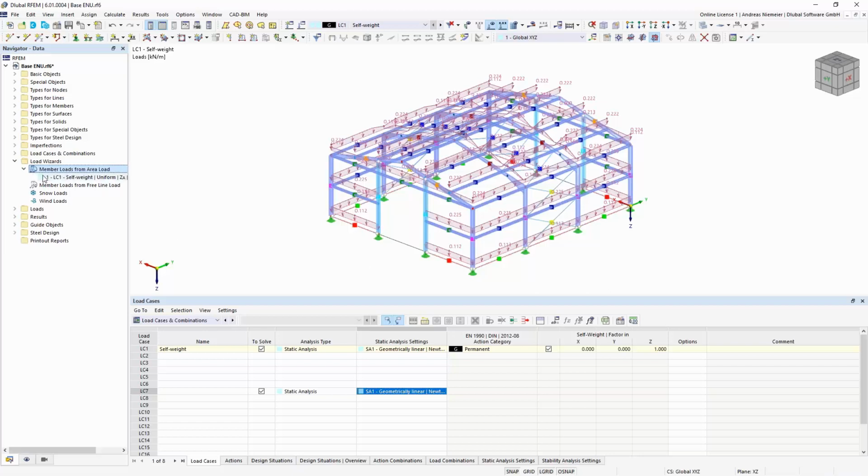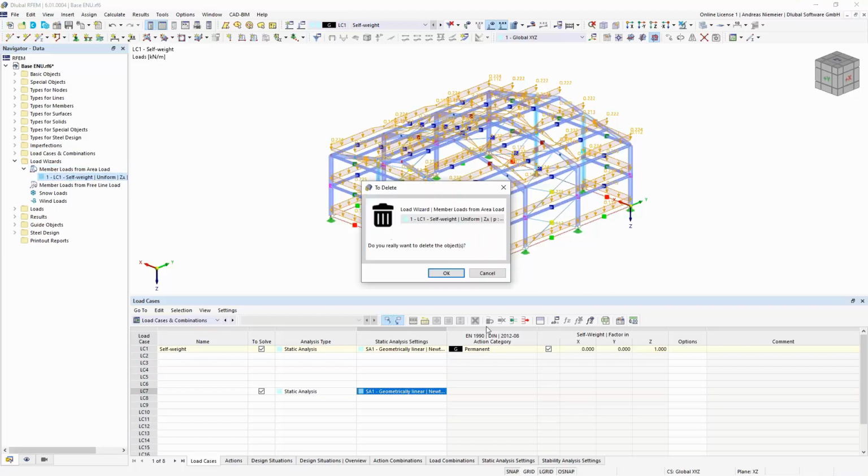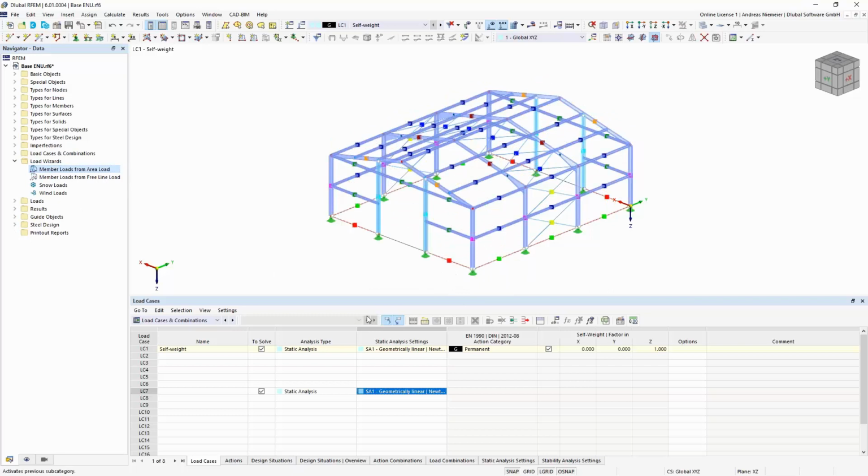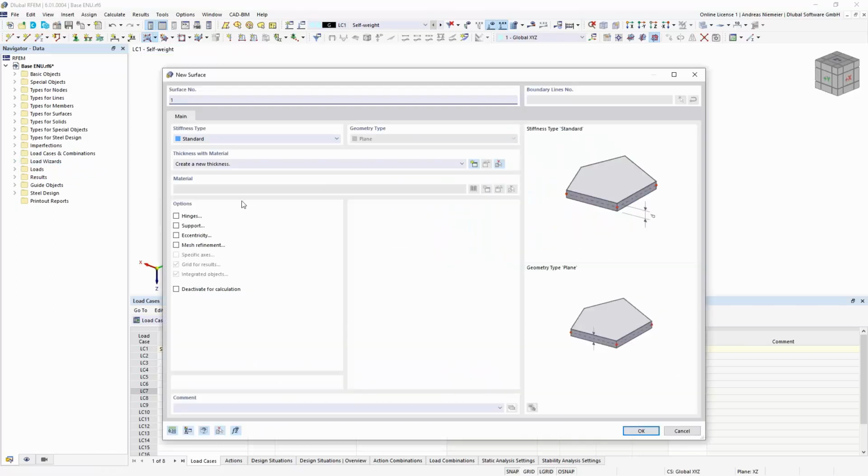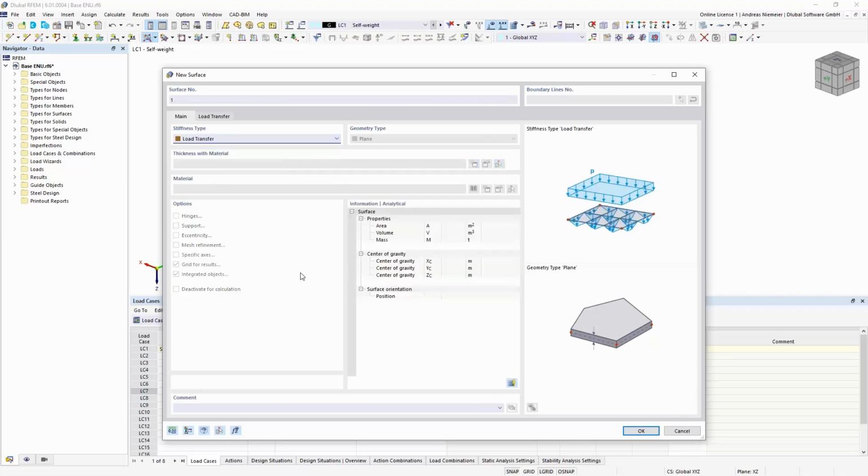And therefore I delete this. Okay. And I change now to surfaces. I take a look at select, I use the function select boundary and use a surface with the stiffness type load transfer. This is a surface, you see a similar picture.